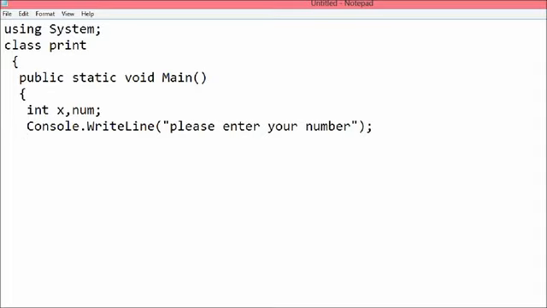For that we write num is equal to Convert.ToInt32, and then we write the method Console.ReadLine. Then we have to close it.